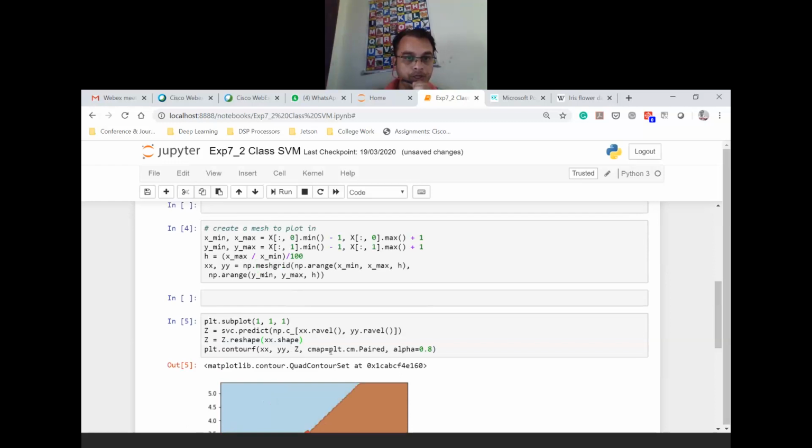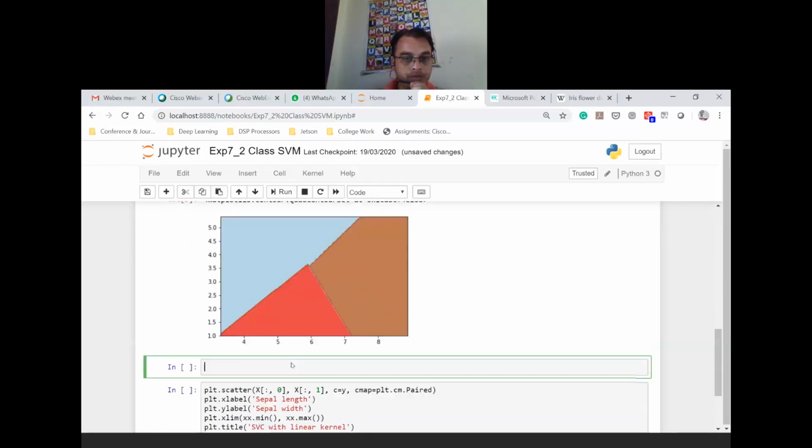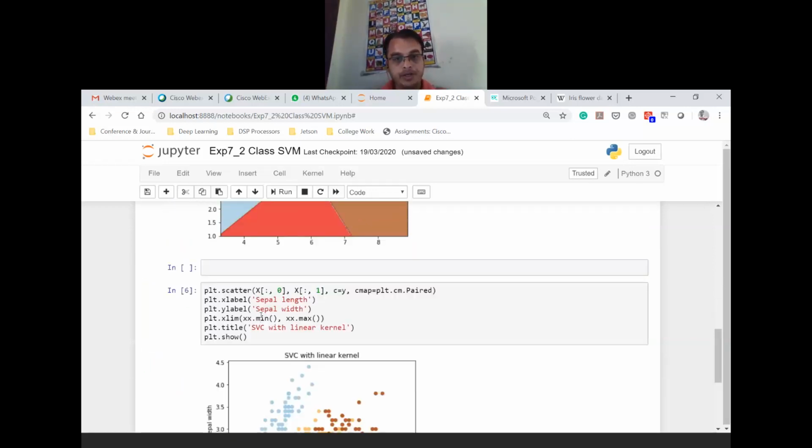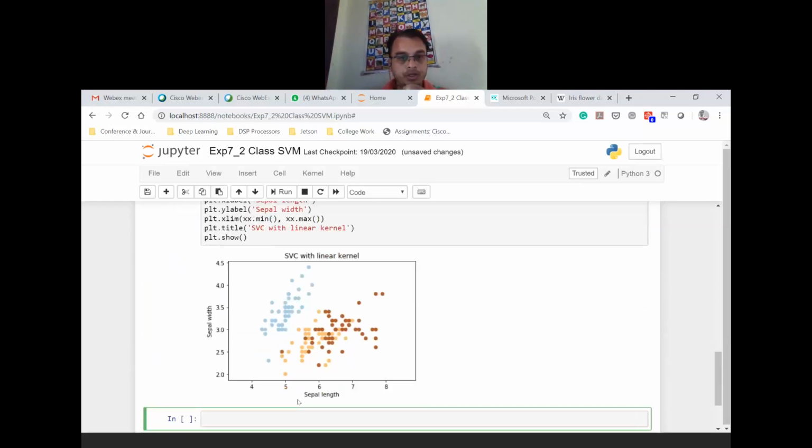So we are plotting it over here, and once the plot has been done, we are going to the next level, which is nothing but a proper SVM classifier. So if you look over here, out of the available 4 features, sepal length, sepal width, petal length, petal width, we have expected to have a 2 set of features, sepal length and sepal width.